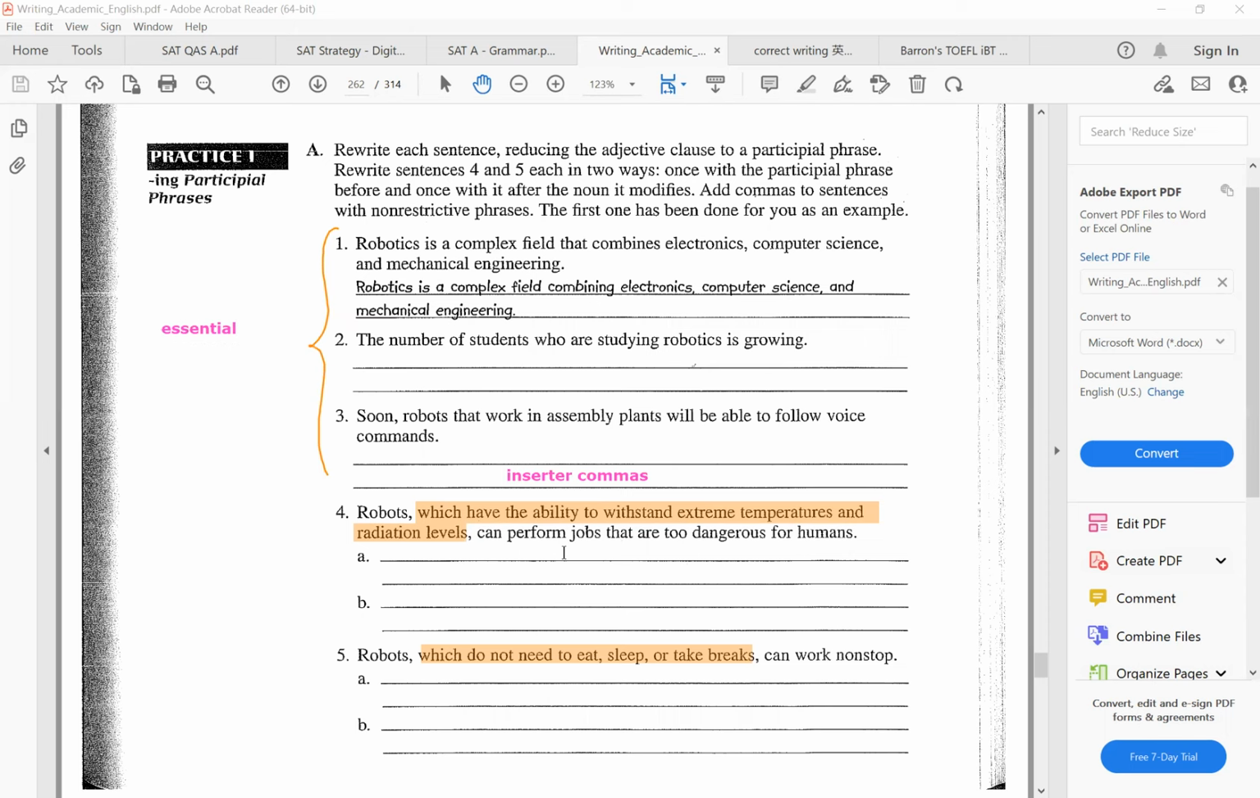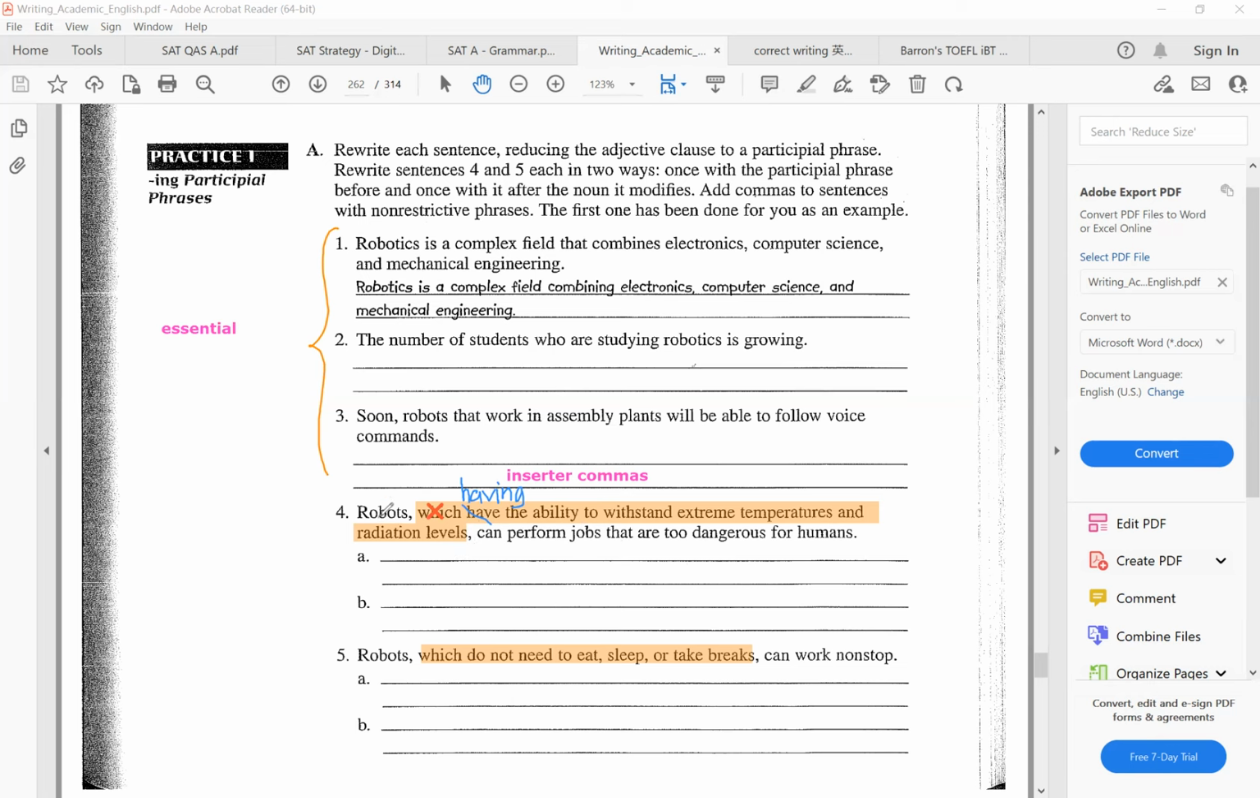Now, for a non-essential adjective clause, we do the same thing. We first take out the subject, and then we change the verb to participle. So have is active voice, so we change it to having. However, for a non-essential adjective clause turned into a participle phrase, so for a non-essential participle phrase, we can choose to